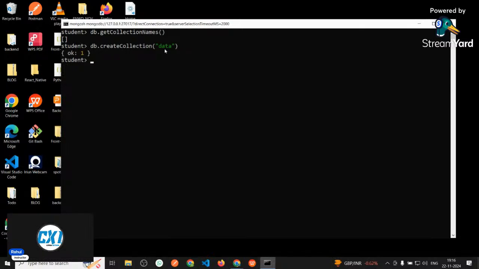So if you write the command once again called getCollectionNames, if you write the command db.getCollectionNames, then it will return you an array, and inside that array you can see our data is present. And what is data? Data is a collection,